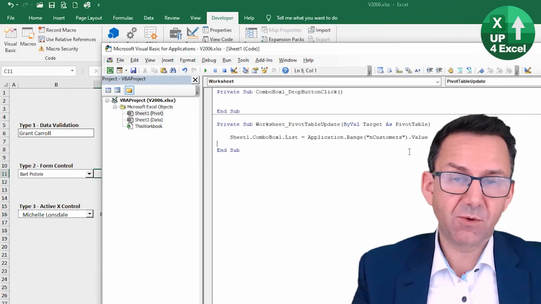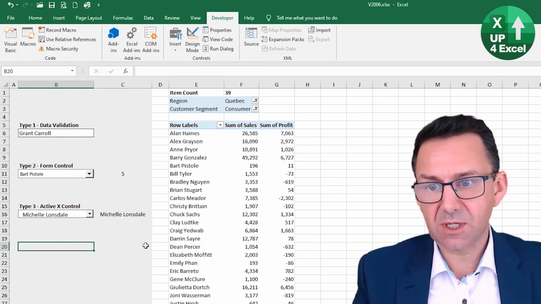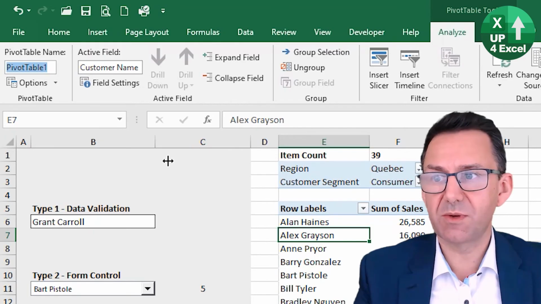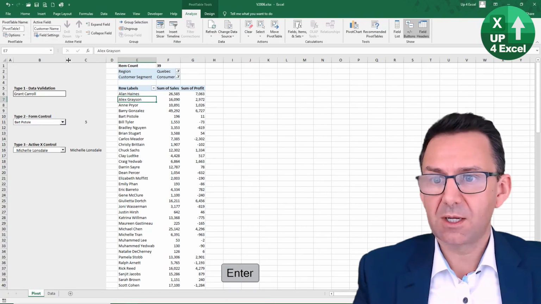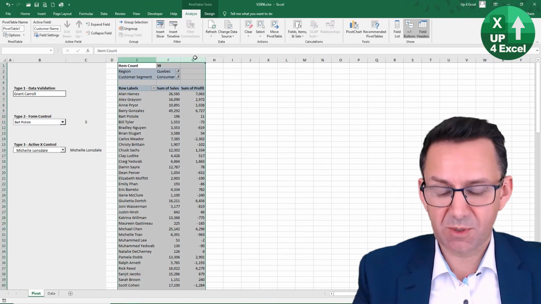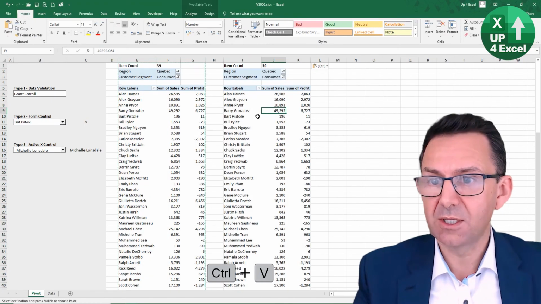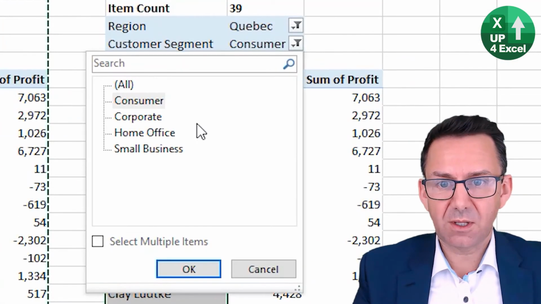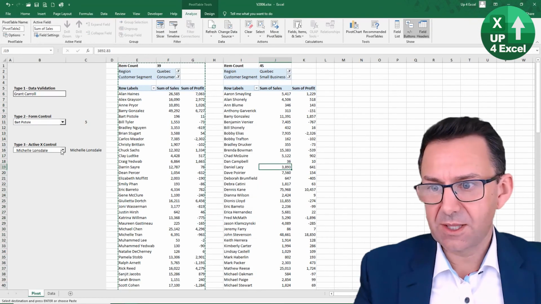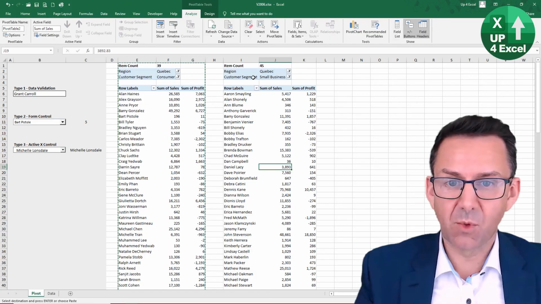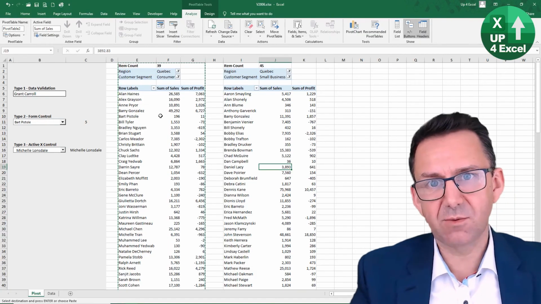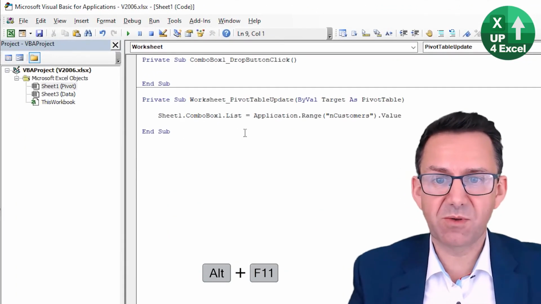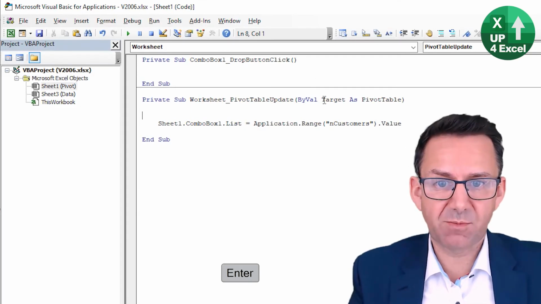Now, I did mention if you've got multiple pivot tables, what you might need to do. We could do this by clicking on the pivot table and going to here. You can see it's called PivotTable1, so it's very simple. But if we had another pivot table, so let's just copy and paste this one over here, for example, that is now PivotTable2. When this one updates, that code would have run, which is potentially inefficient again. So if you want, we're talking really icing on the cake here, but if you want to detect which pivot table ran, you can just simply put on here,